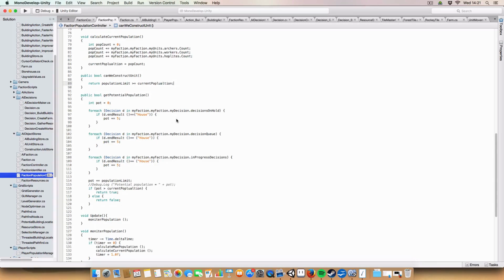Basically, what we're trying to do is, when we're wanting to construct units and we're checking for population, if we've added the decision to build another house as a building, but we've not got around to actually building it yet, we want to know if we are already trying to build a house, to make sure that we don't keep building them until one of these houses is built and the population condition has been met. So this basically just checks all the decisions that we've made to see if we're building a house